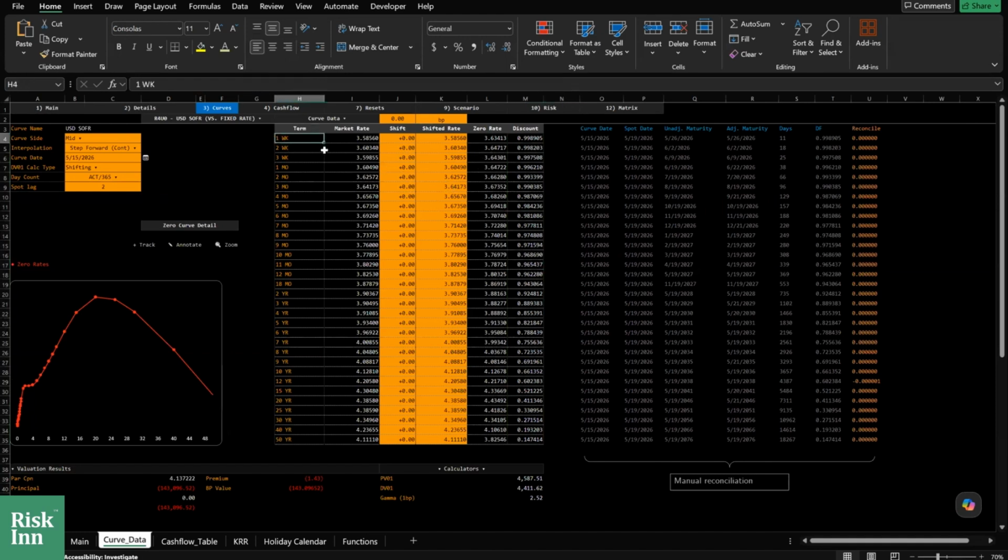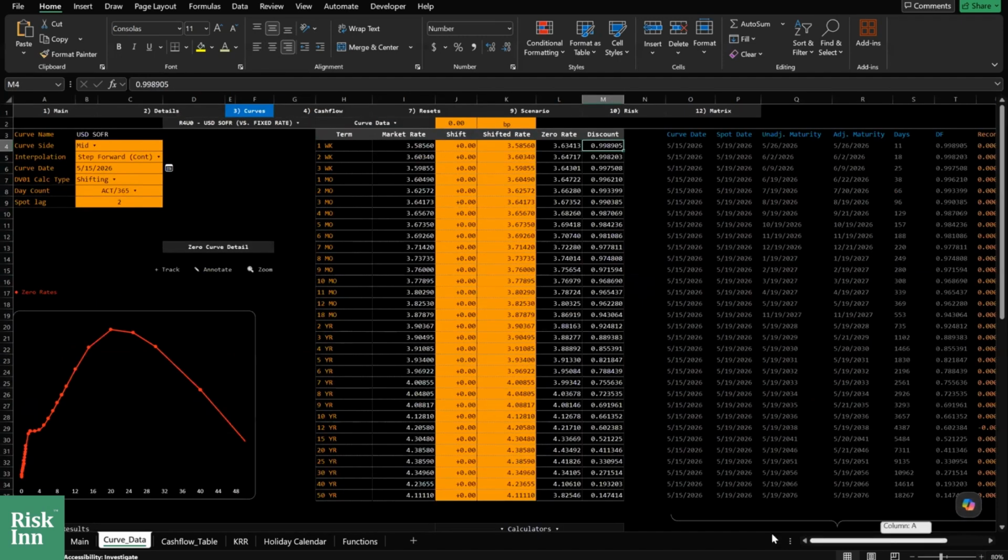If you want to match the first discounting factor, use this zero rate, use 1 week as the term, and calculate this discounting factor. It will not match if you are not careful. To price an IRS, which is a linear instrument, there is no option, there is no vega,